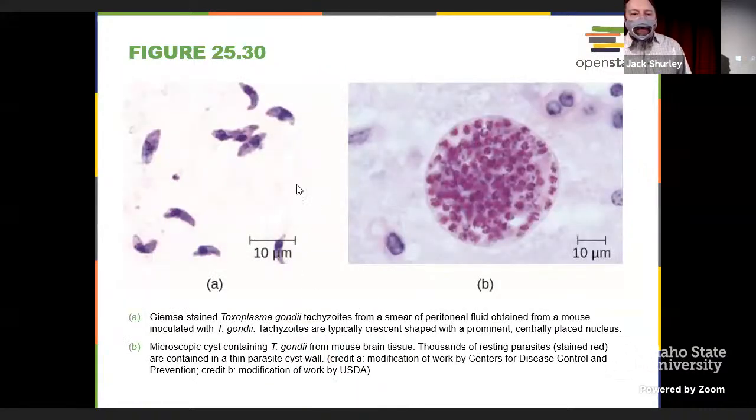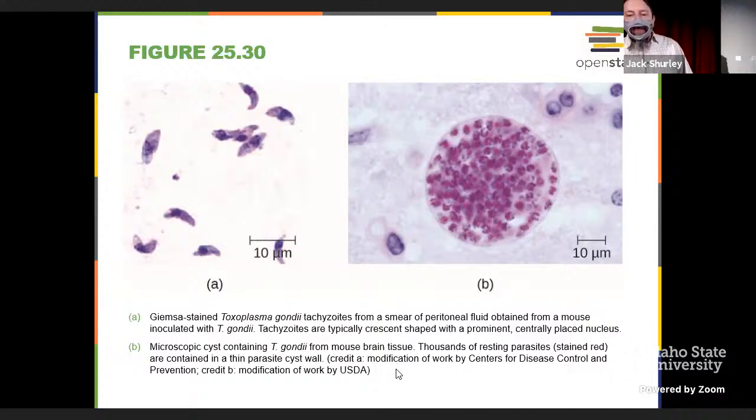So here's, I told you there'd be a couple of images. These are the tachyzoites, so the active trophozoite stage of this parasite when it's getting into us, coming out of that cyst stage. And then after it gets in, it's going to form some cysts. This is what we're looking at right here. This is out of a mouse, but it'd be similar if we were looking at our own. It forms these cysts, and we'd call this a bradyzoite, the cyst, and it's full of these cells inside, replicated asexually.